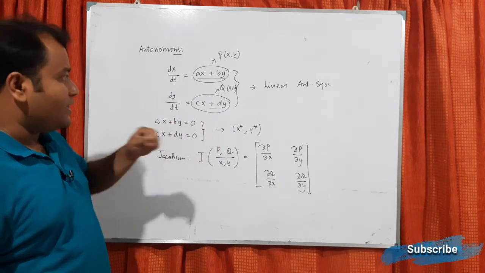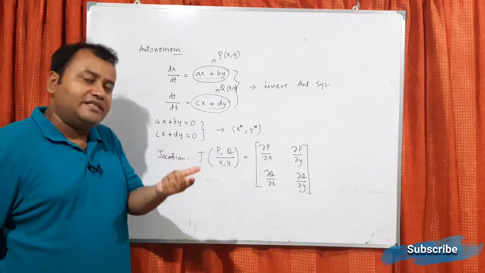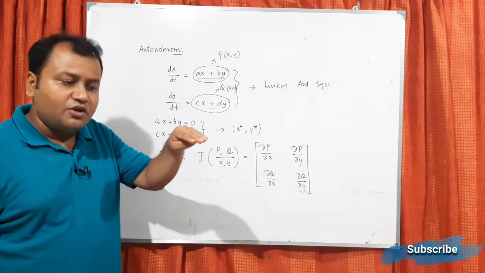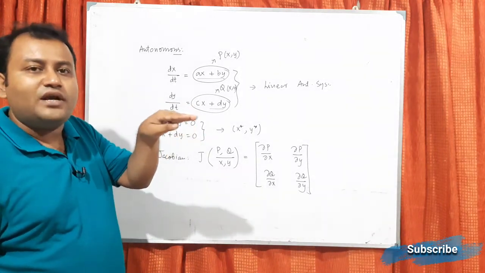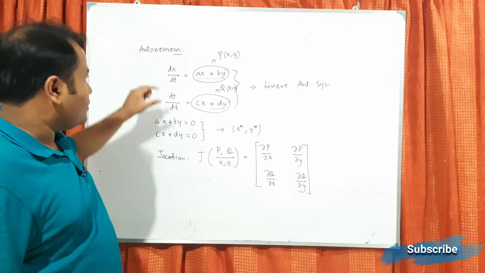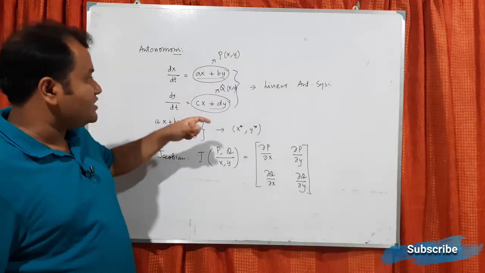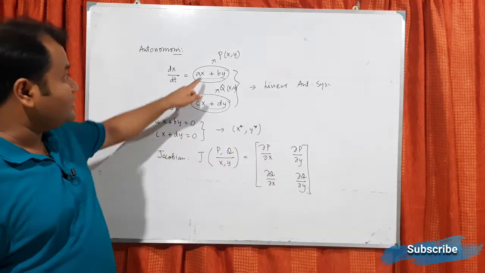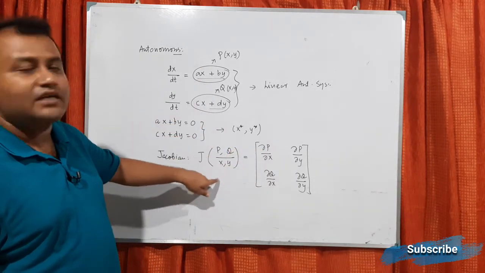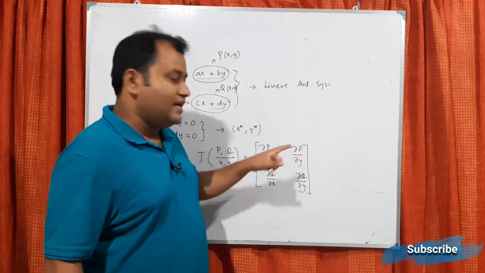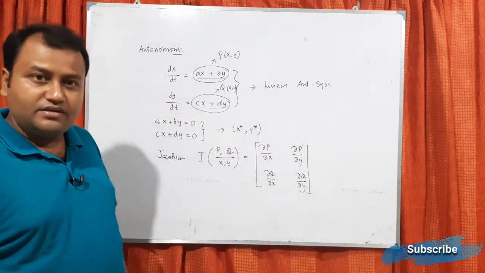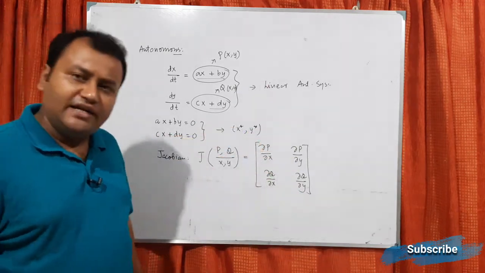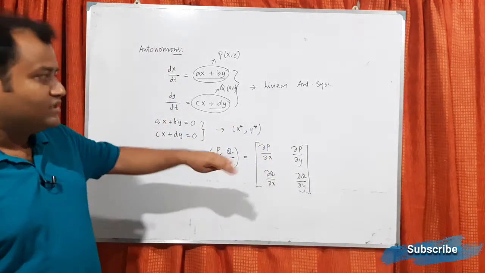So in short, what is the equilibrium point? The equilibrium point basically means where the derivative goes to 0. Derivative 0 means there should not be any motion, it should be temporarily stagnant. So derivative 0 means the right hand side is 0. These two you solve, and you get some equilibrium point. Then you consider the Jacobian of these two functions with respect to x and y. Whatever matrix you get is called the Jacobian matrix. Now you can find the eigenvalues and study the stability. Stability analysis we can do in some other class.